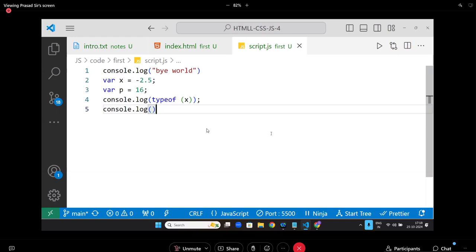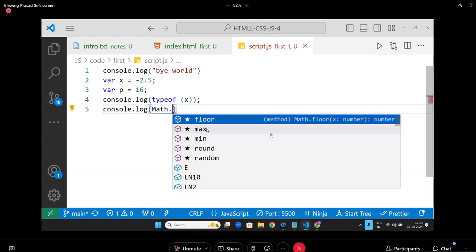The console is observing your JavaScript, and the browser is running your JavaScript. This console is checking what the JavaScript is doing. Now, console.log Math dot. For numbers, we have one class called Math. This one will be useful for higher things. To have a good foundation, you need to do this. Math dot, if I use Math.sqrt